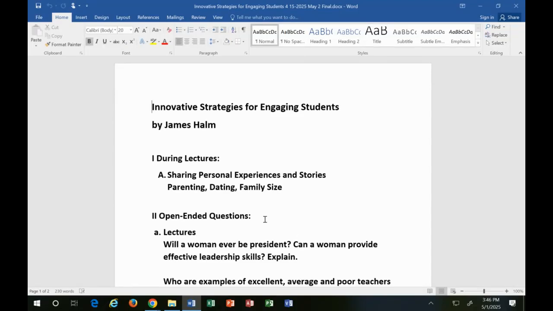Yeah, and I'll talk about that too. I mean, when I put them in groups, a lot, and I change them, a lot of them become friends, and you see them after the semester's over, they're hanging out. Some of them date. I've had that. Who knows? Some of them might be married now. Anybody else that uses stories?